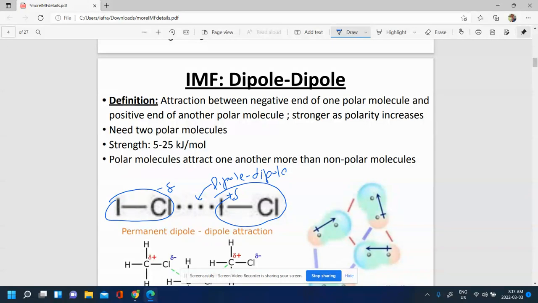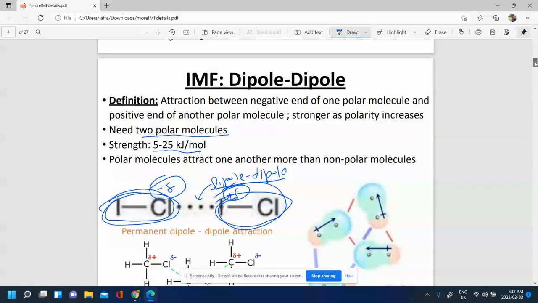And what that means is that in order for this dipole-dipole to happen with this partial negative and partial positive, you need to have polar molecules present. So you need polar molecules for this to happen. You'll notice this is a relative strength here. You don't need to memorize that, but that's the relative strength, the strength energy-wise compared to